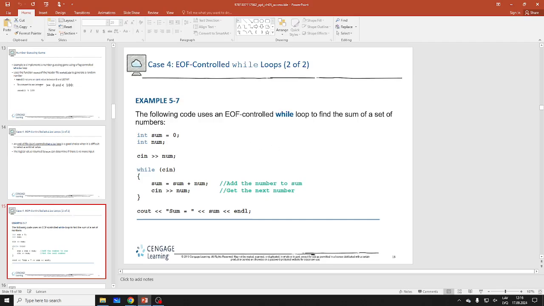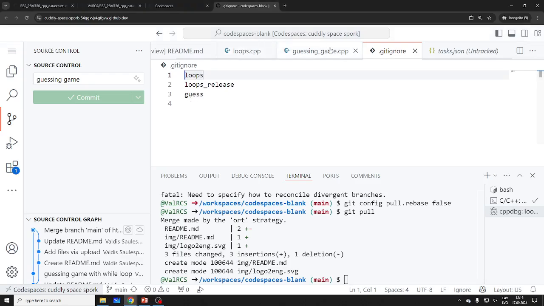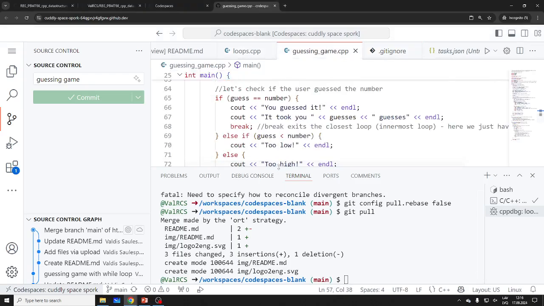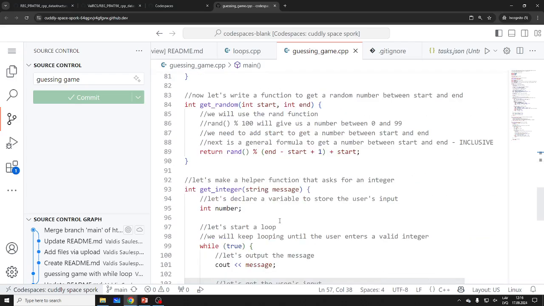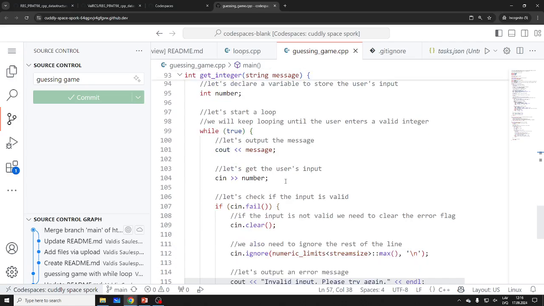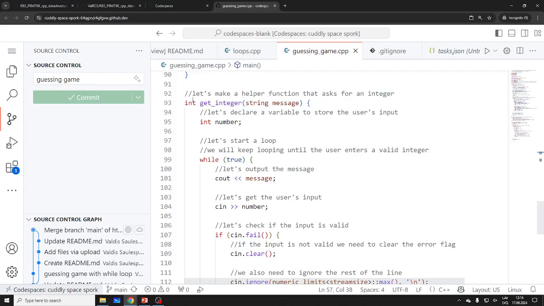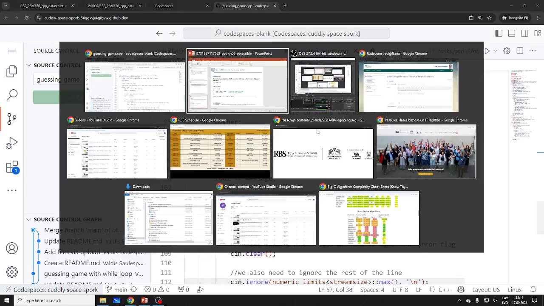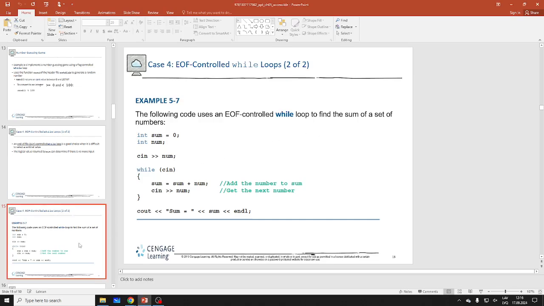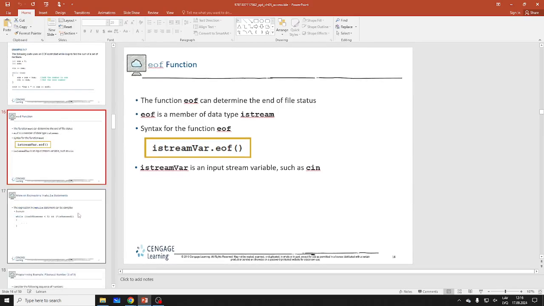I still like that little loop I added in the Codespaces, this little helper function, with fail and clear. Again, you could maybe rewrite this a little bit tighter, but as long as you write it once, you can keep reusing this type of function. Now let's see if we get to for loops. The file is stream end of file. You can check that. That's one thing you can do.